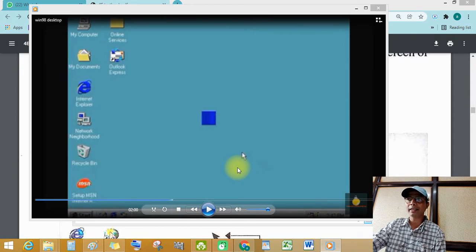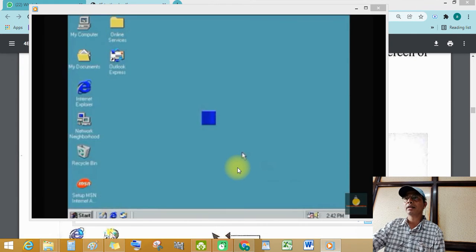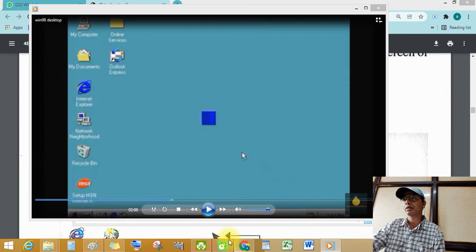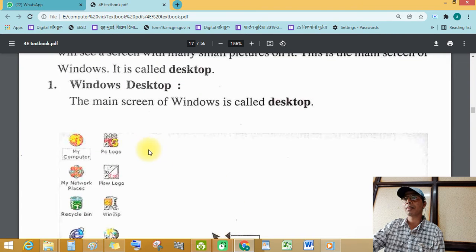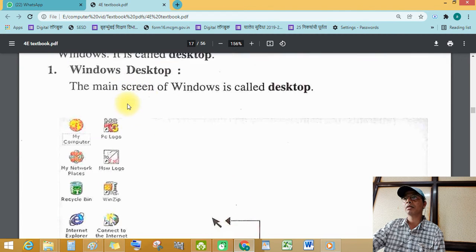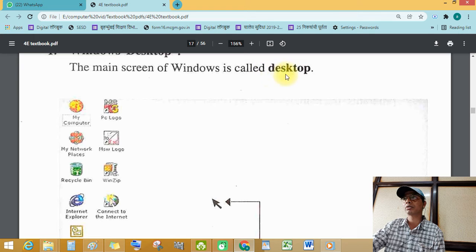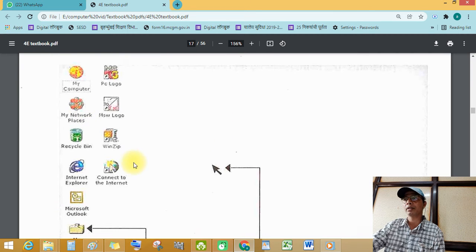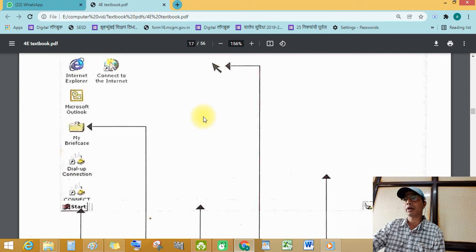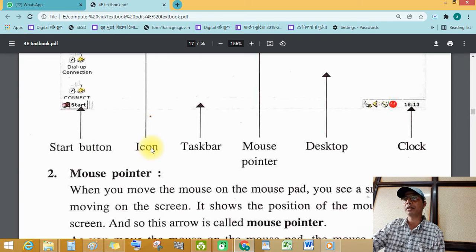So let's see with the help of our textbook. Okay, see this, the main screen of Windows is called the desktop. This is icons, this is my mouse pointer, start button, icon, taskbar, desktop, and see this clock.